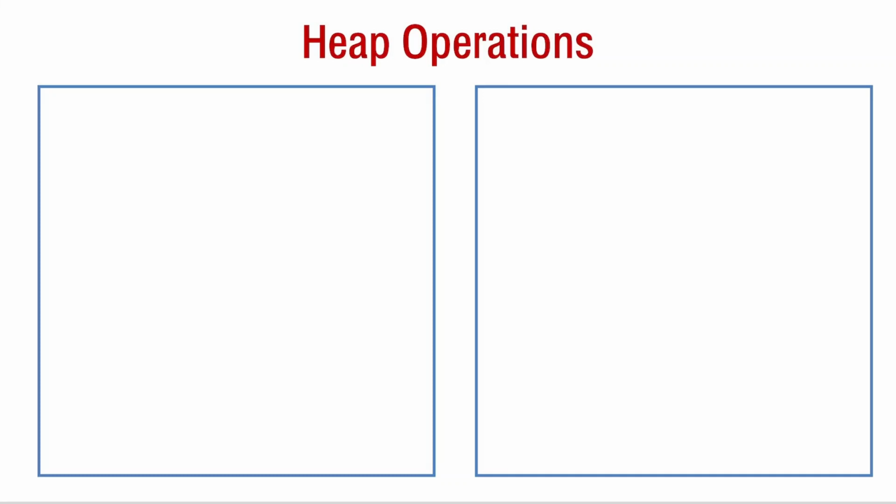A heap does not have all the operations that we want from a data structure. The primary operations that we want on a heap are as follows. The primary operations on a heap may be of two types, a max heap or a min heap, because it will be either ordered in the max ordering or in the min ordering. So the first operation is the insert